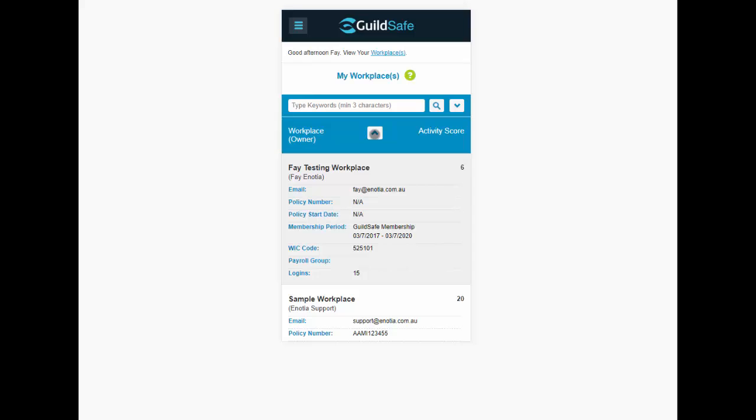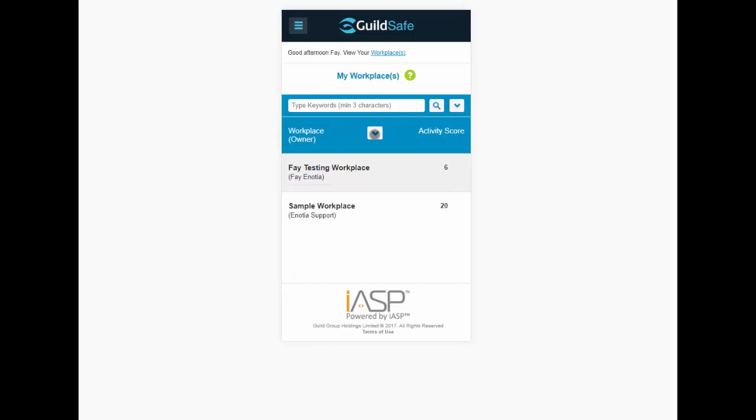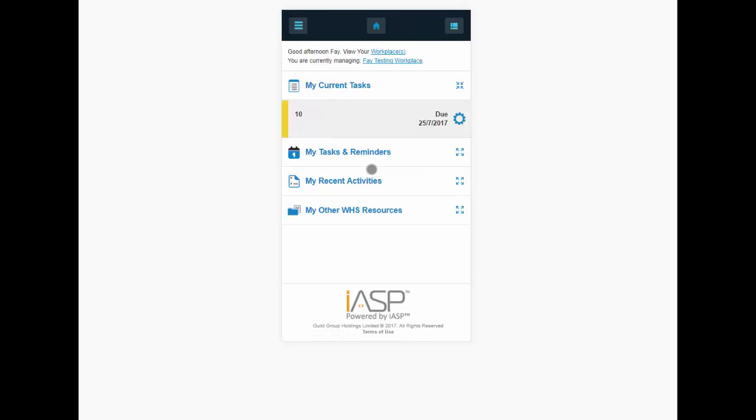When selecting a workplace from the list, or if members have access to a single workplace, the first page that displays after login is the Workplace homepage. The Greetings tab at the top of the Workplace homepage is the workplace name, which also links back to the homepage from anywhere else in the workplace. Members with access to a single workplace can use the My Workplaces link in the main navigation menu to return